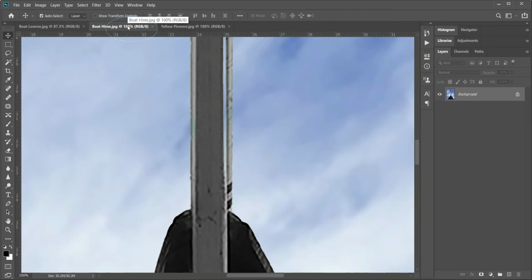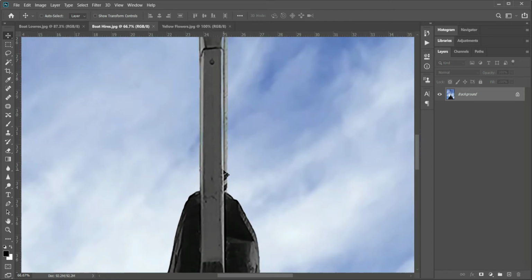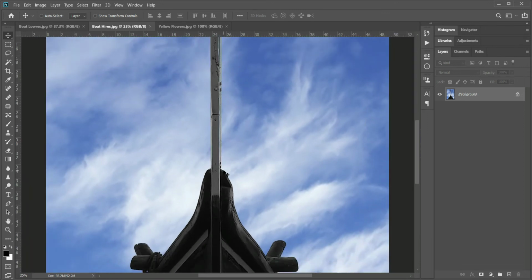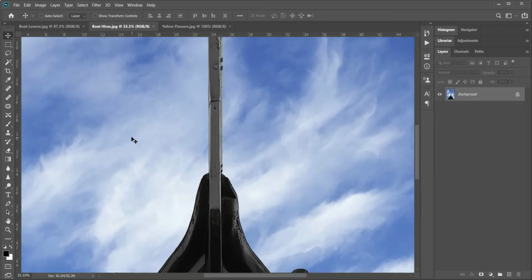As you zoom out to say 25%, you see one pixel for every four actual pixels vertically and 4 pixels horizontally. That is, you see 1 pixel for every 16 pixels of the image. Zooming to 33.33%, that is, one third of the original image, you see 1 out of every 3 pixels horizontally and 1 out of 3 pixels vertically. And for every 9 pixels out there, you see 1 pixel of the image.